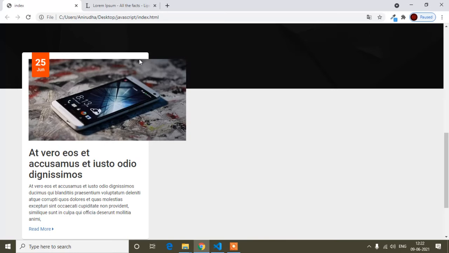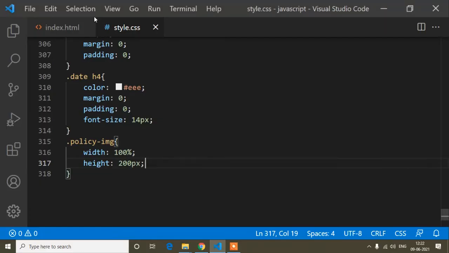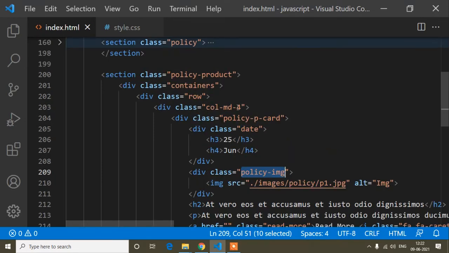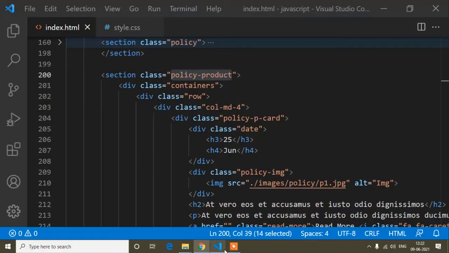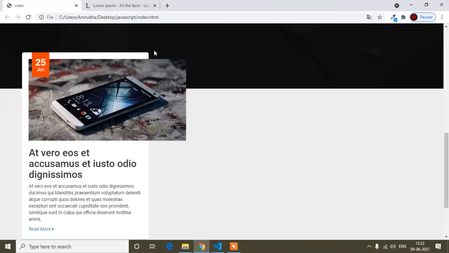This white color area is the width. So if I write the policy image parent, it will come up to here.